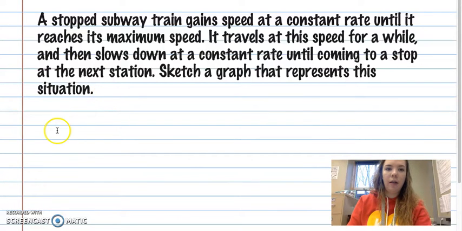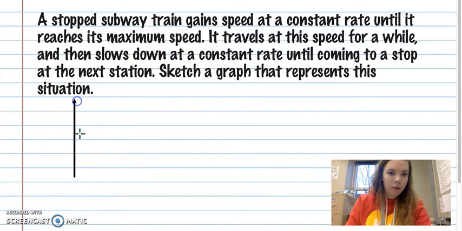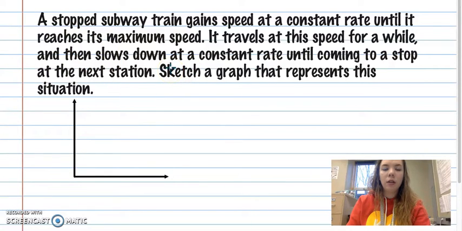All right, here we have an explanation, and we're going to draw the graph for it, so the opposite. So let me start by drawing in a template here. And you don't have to write this whole problem down, but I do want you to sketch the graph with me. So it says a stopped subway train gains speed at a constant rate until it reaches maximum speed. So we're talking about speed over time. All right, so